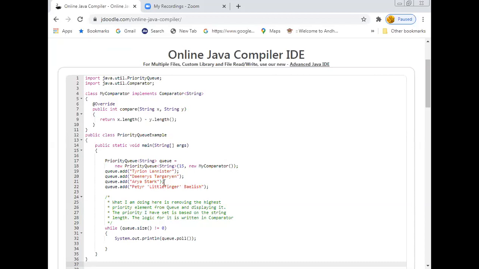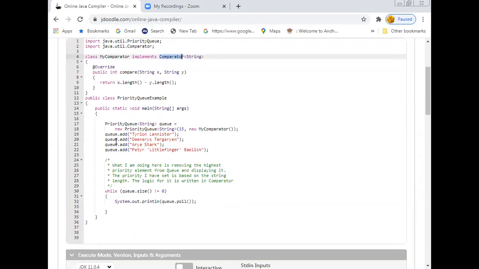Let us observe whether it is implemented in such a way or not. Because here my comparator is a class which implements the comparator interface. Right? That means here I have defined my own mechanism to define the priority of each and every element. Okay. So here the queue will be declared as an object of the priority queue class, and then queue dot add. Here I have added 4 elements into the queue. Okay, 4 elements in the sense four different sentences or 4 different names.